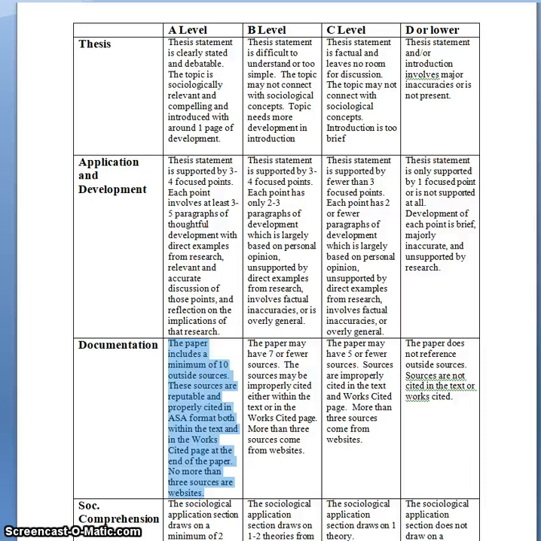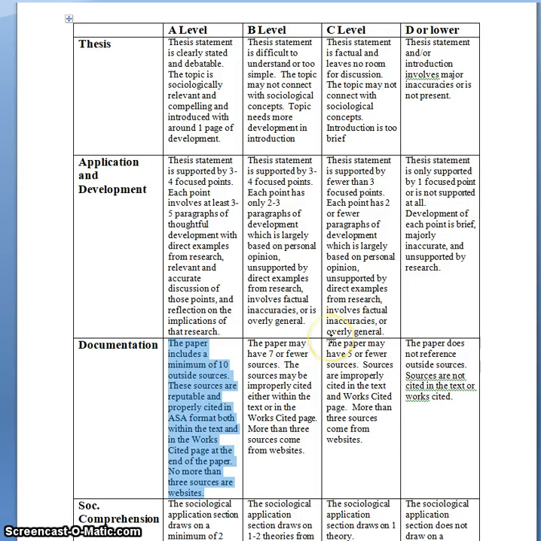And please do make sure that no more than 3 of your sources are websites. Now, if you have more than 10 sources, it's not a problem. It's a minimum of 10 sources. The problems that I do see on this regularly are either not enough sources, not enough scholarly sources, where it is a lot of websites, or a big one does tend to be in-text citation, where I don't see any